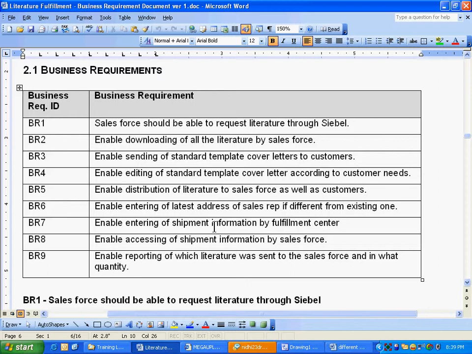Anyway, in the RUP, you make a business requirements document. That business requirements document contains only those requirements which are in scope at that particular time. So in BR1, there are only 9 requirements. Correspondingly, in the functional requirements, you will see at least 30-35 requirements. All these mean different clicks, different features, what button he will click, what will he do, all those things. Then design will be even more elaborate.